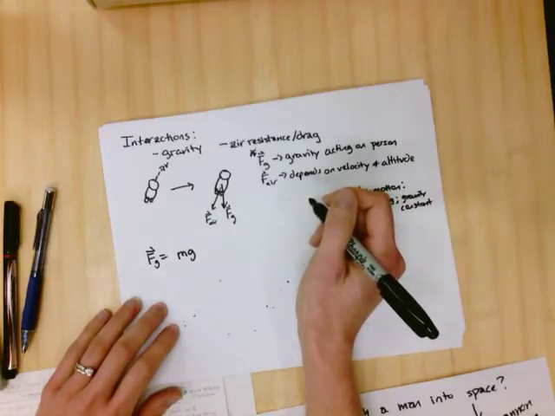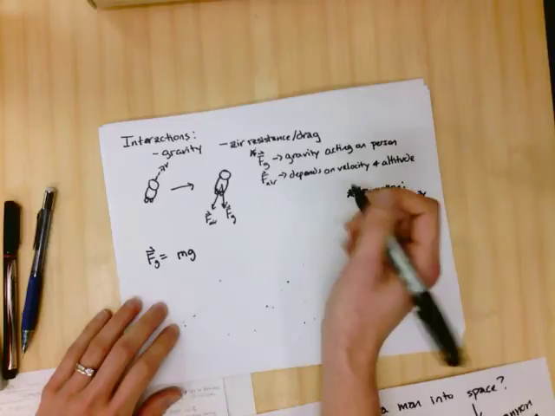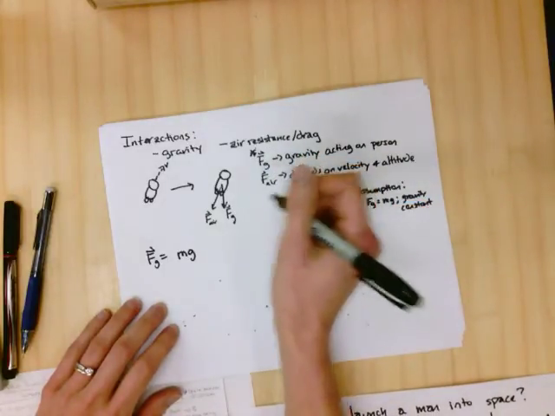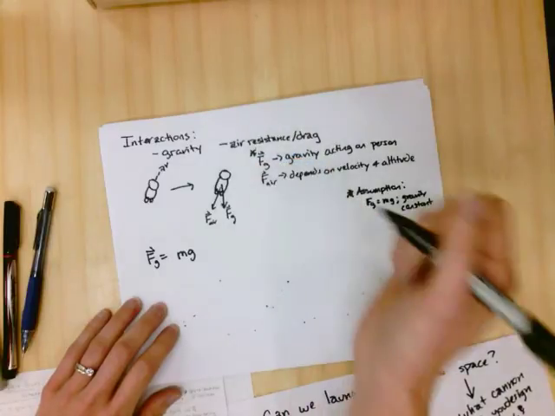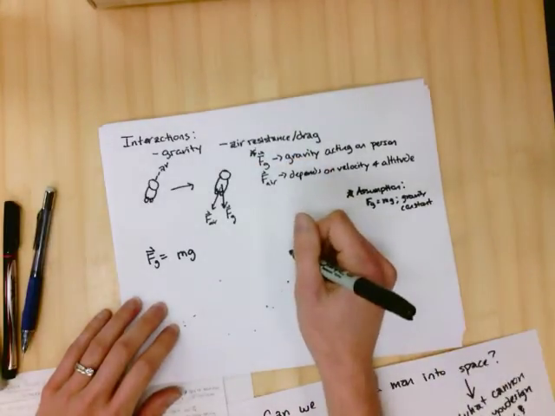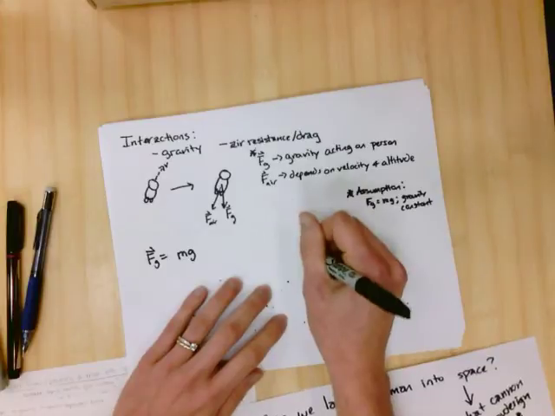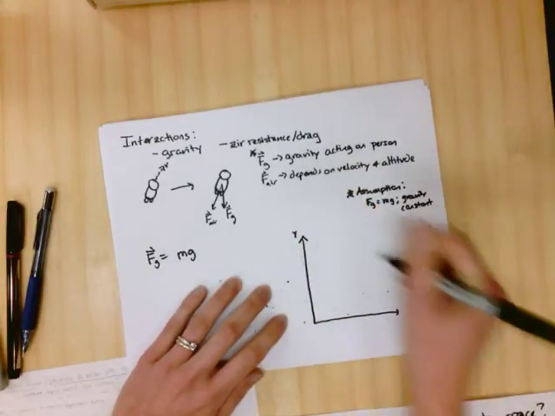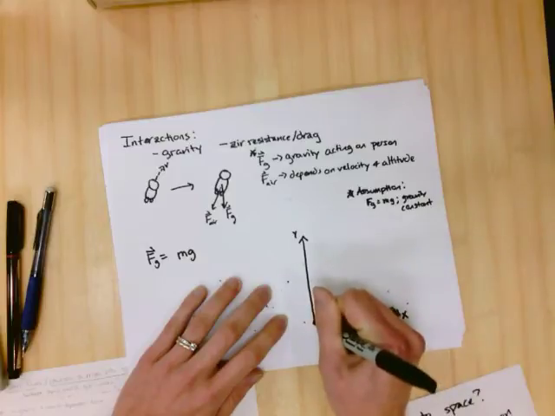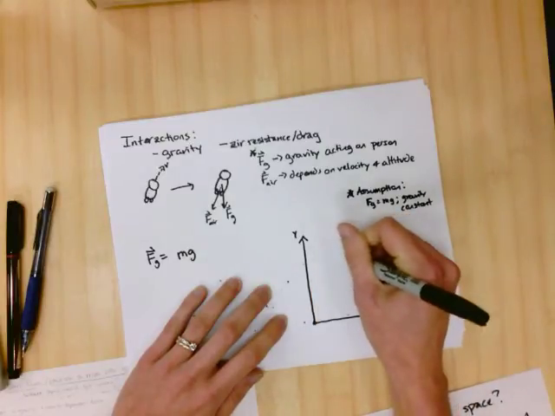So I think we should draw like a coordinate system with an x-axis and a y-axis. Like, y is height, x is distance, right? y is equal to 0 at the surface of the Earth. That's probably going to be the easiest coordinate system for us to deal with. All right, so I'll draw that down here. So if we think about it this way, we have a coordinate system, we have a y direction and x direction. We're at the surface of the Earth. And we have our person again,